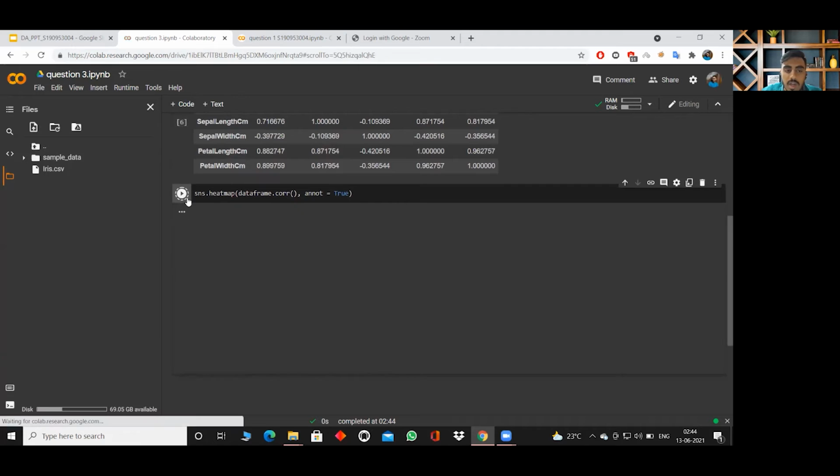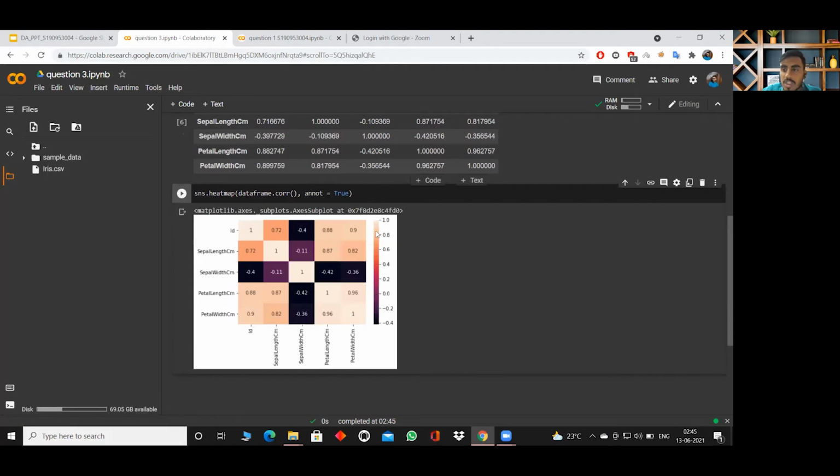Now let us move on to the heat map to display the correlation. Here annot equal to true is the annotation, which means the boxes colored in this heat map show the values, and we are giving it as 2, so it is highlighted, and the correlation range is displayed from -1 to 1. For -1 it is negatively high, for +1 it is positively high, and for 0 it is neutral.